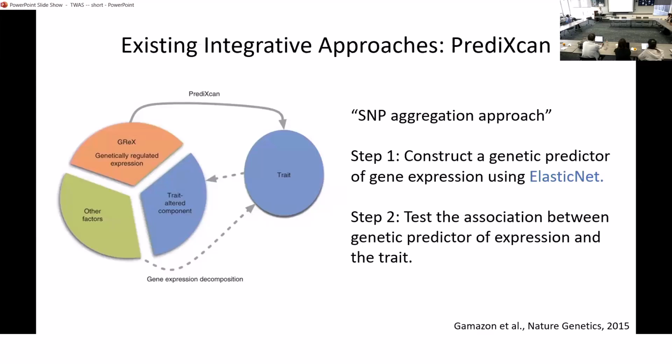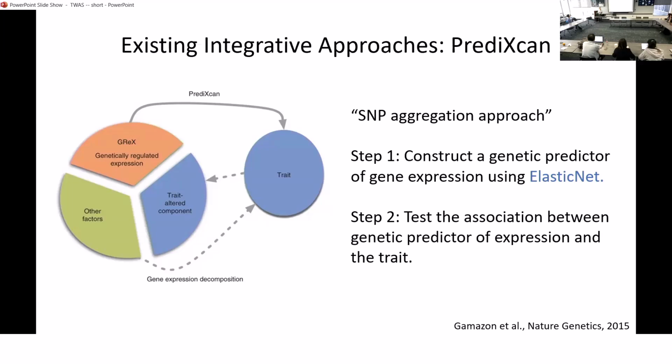The first one is called PrediXcan, from Hae Kyung Im's group. They market this as a SNP aggregation approach. And it consists of two different steps. In the first step, you look at the eQTL data, and they try to construct the genetic predictor of gene expression using ElasticNet. So that's step one. The idea is that you have SNPs and you have gene expression, and you use SNPs to predict gene expression. And then in step two, since now you know the SNP weights for predicting gene expression, you plug the weights into the GWAS study,